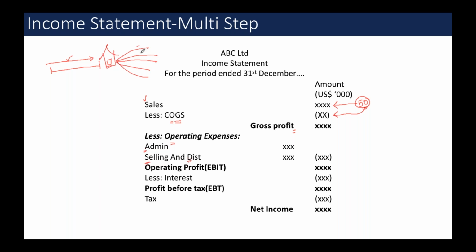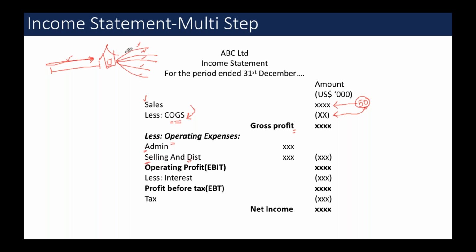These expenses are called distribution expenses. When you spend money to bring the material from the supplier's place to our warehouse, we call it direct expense or transportation in, which is part of cost of goods sold. But when we sell the goods and spend money to distribute the goods to the customers, we call them